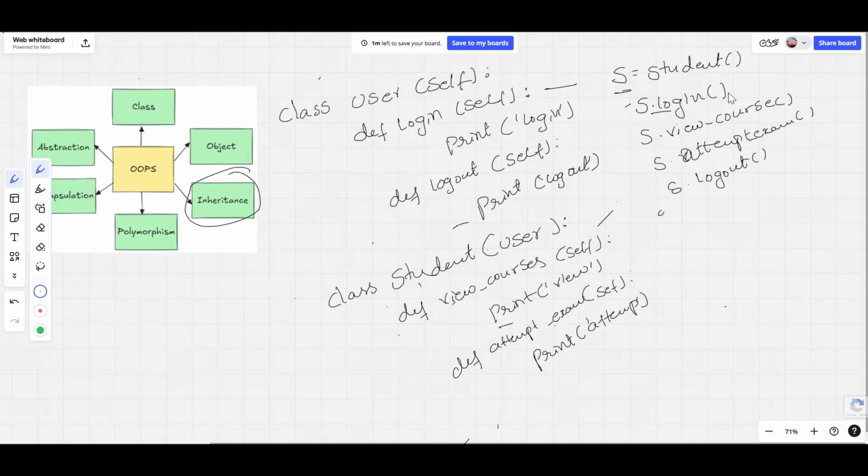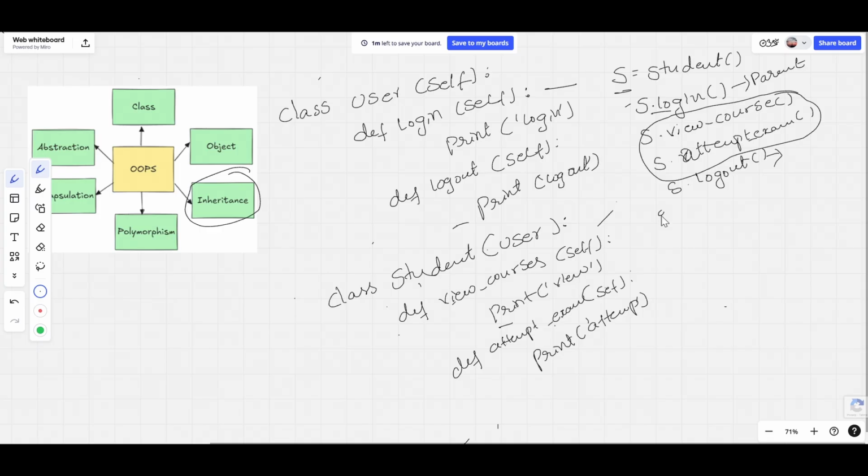Got it? Here, s.login is taken from the parent class. It is not a function related only to the student. s.view_courses and s.attempt_exam are the functions particularly related to the Student class. And s.logout is related to all users, which is the parent class.